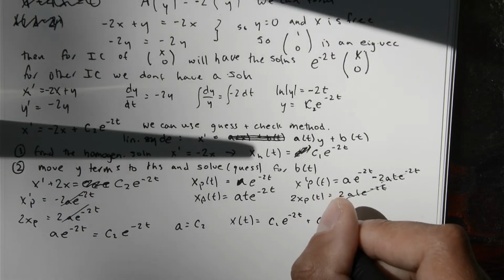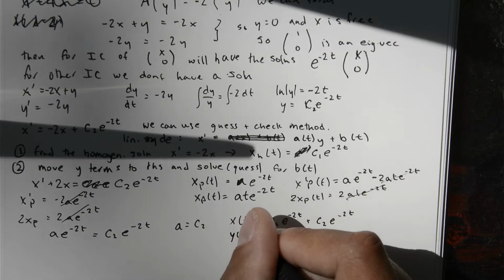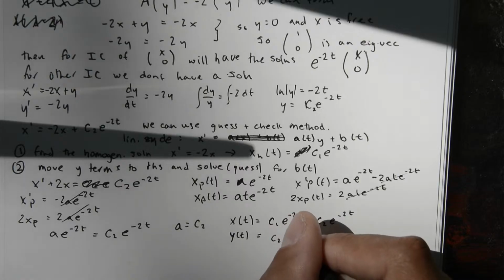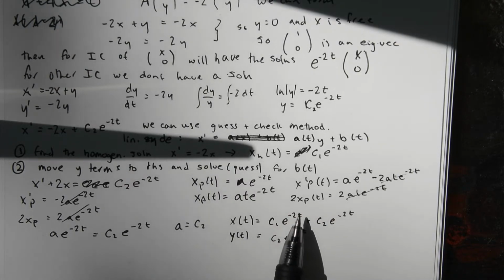Is it really plus c2 e to the minus 2t? And then y of t is equal to c2 e to the minus 2t. Because the particular solution